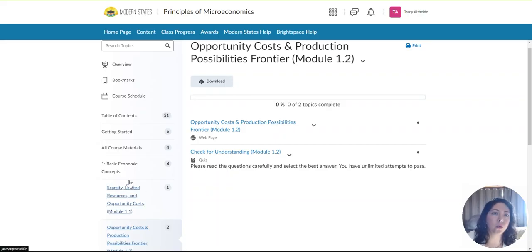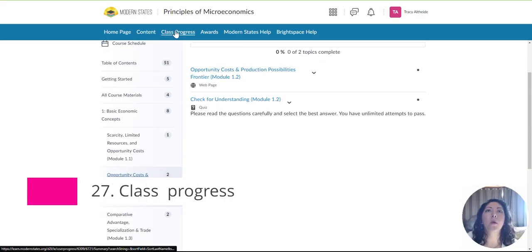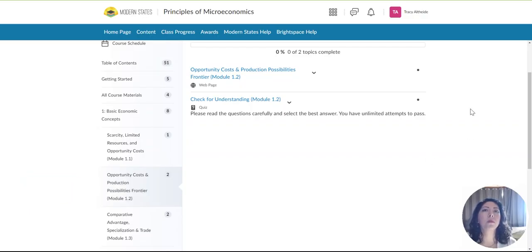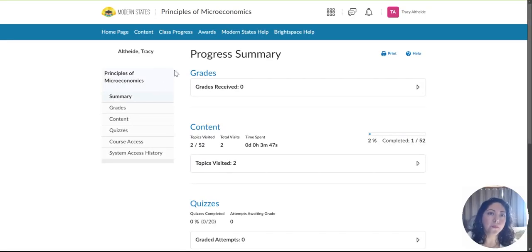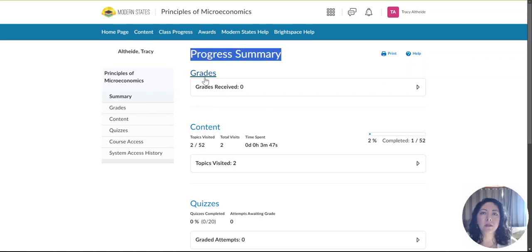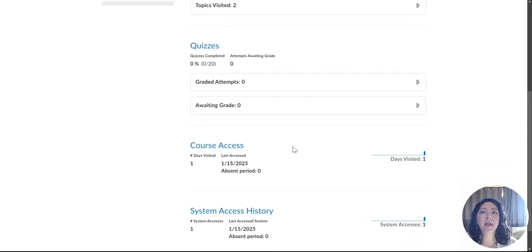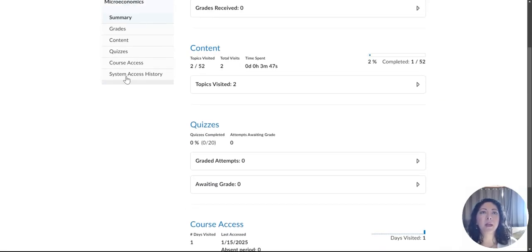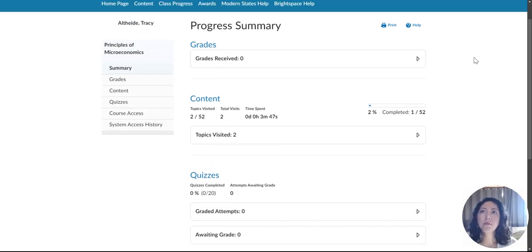So now we're going to go up to class progress. Okay, so in the class progress, you'll notice on the left-hand side is a table of contents. You'll notice also that these headings should match what you're seeing on the left-hand screen. So summary means is right here, progress summary. Grades is this section here. Content, this section here. Quizzes, section down here. Course access, section here, and then system access history. So to break this down for you,